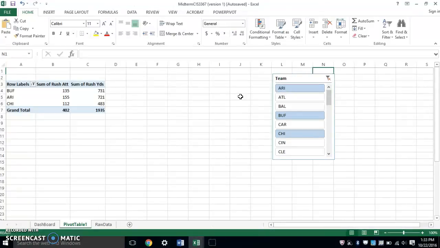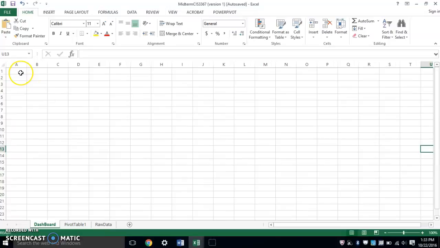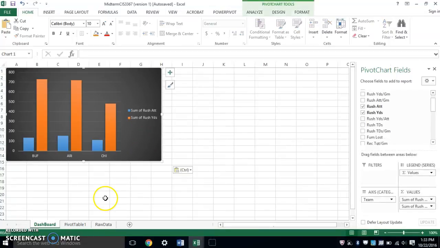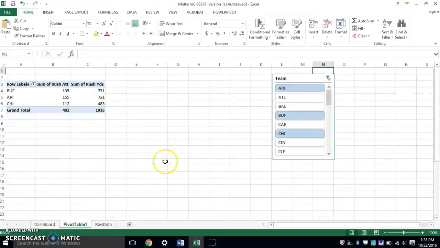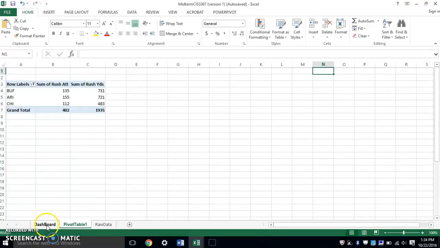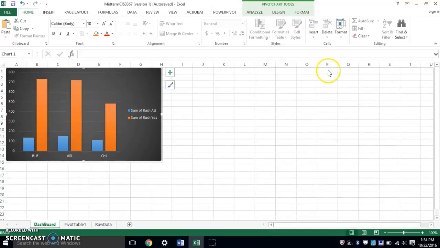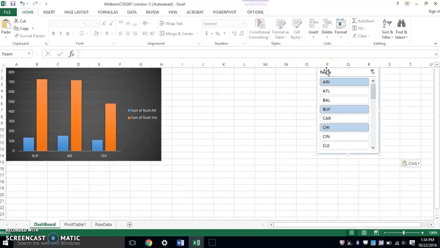So Control X, go to the dashboard sheet, cell A1, Control V. Back to my pivot table, and I will also take this slicer, Control X, and place it onto my dashboard off to the side. Close this, put it right here off to the side, Control V. Now I will repeat this for different